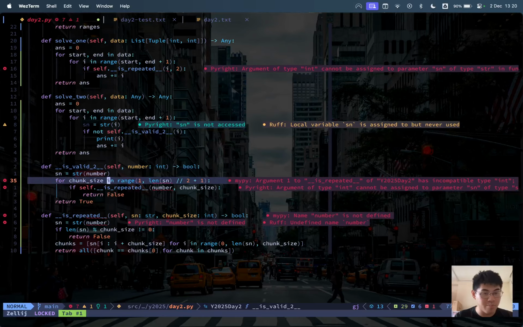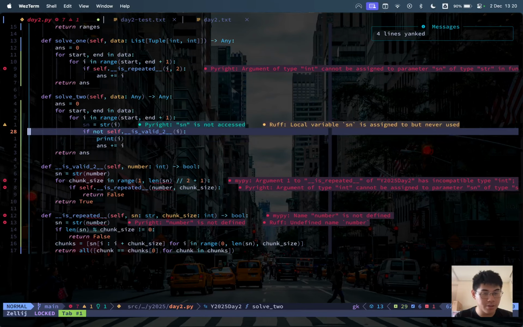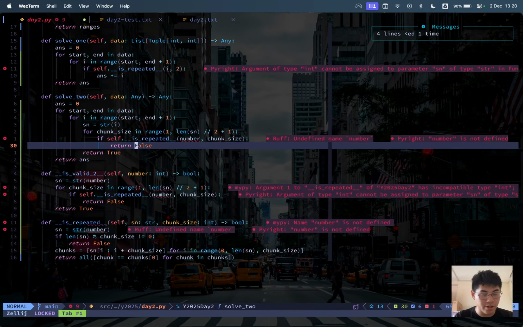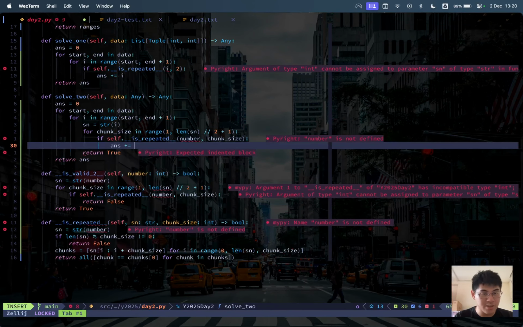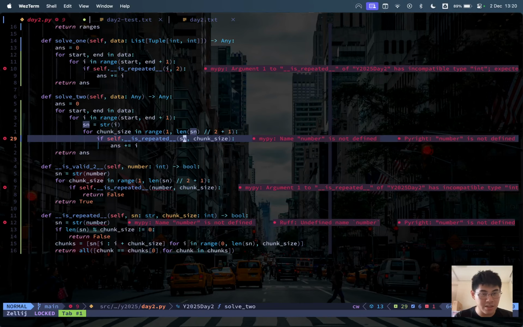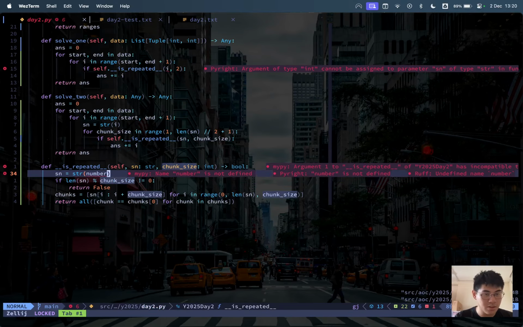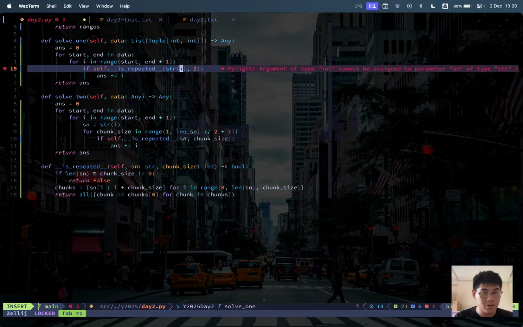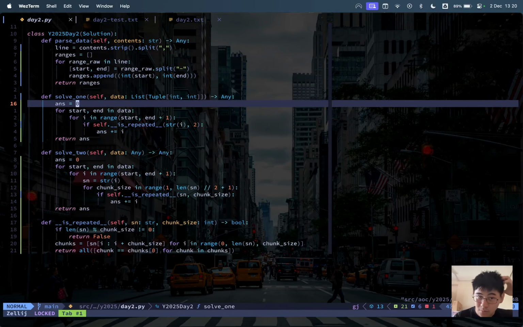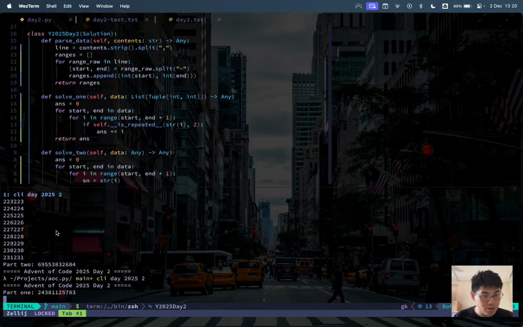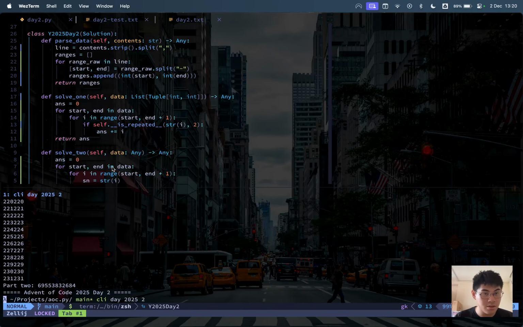And then we can bring this chunking logic over here, where we simply check the answer plus equals to I, and we can pass this as n. We don't really need this anymore. String of I. Yeah, cool. I think if we just remove both parts. Yep, so you can see here that